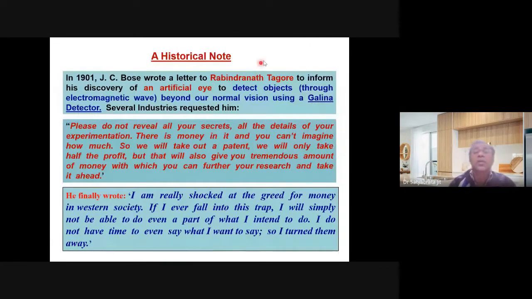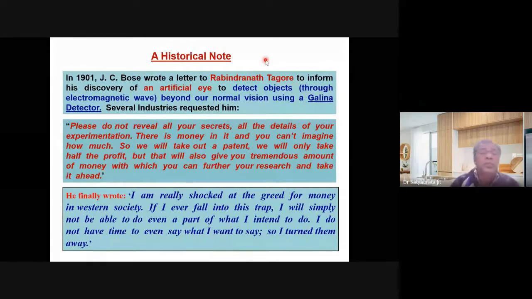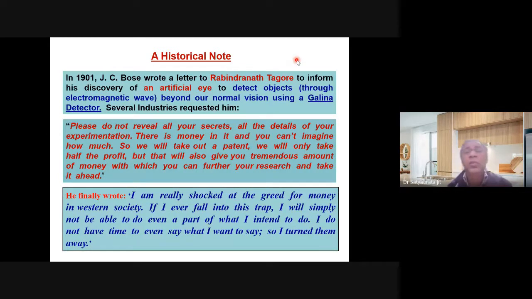Now, a little bit of a historical note. In 1901, J.C. Bose wrote a letter to Rabindranath Tagore to inform him of his discovery of an artificial eye to detect objects beyond our normal vision using a galena detector. Now, after this discovery, several industries